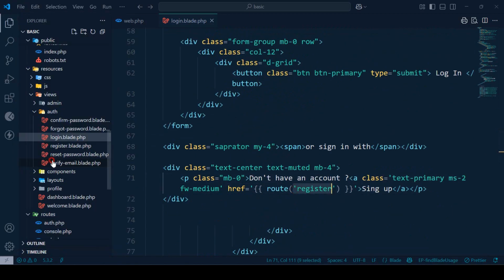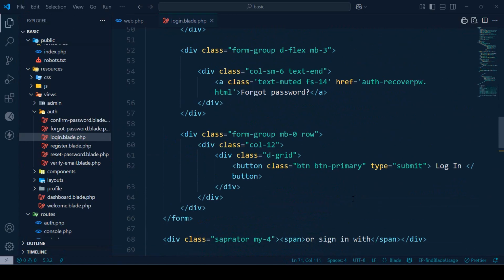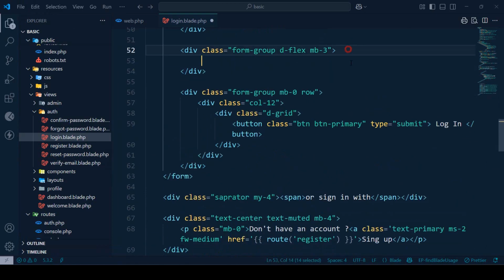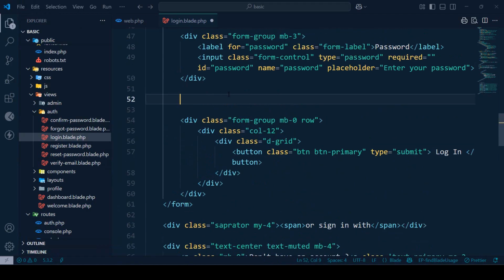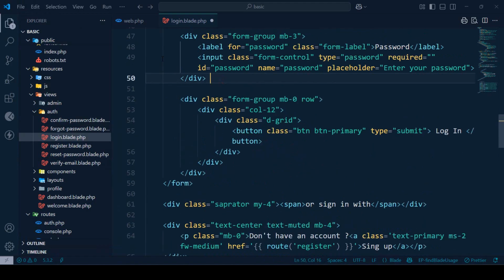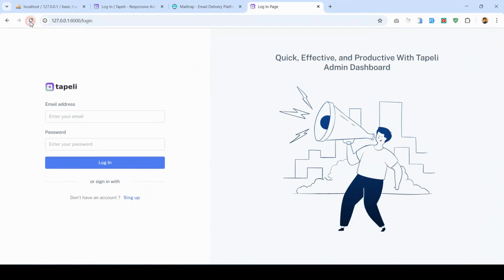If you now click save all, great, and then there is a forget password link that will not be needed. I don't need this here. I want to remove it. I have already discussed that with you. I want to make our login page clean. Now if you click save all and refresh it,